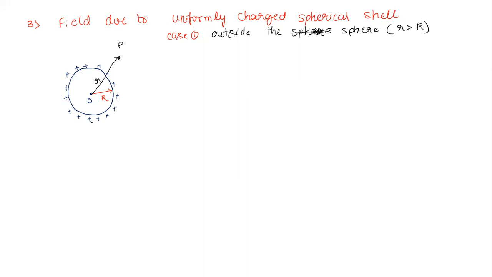Here a surface charge density is given to this, and I want to find the electric field outside. So what should I imagine now? I should imagine a Gaussian surface including this point P. So I'm going to draw the Gaussian surface. It does not exactly look like a sphere, but it is almost. This is what we call the Gaussian surface.